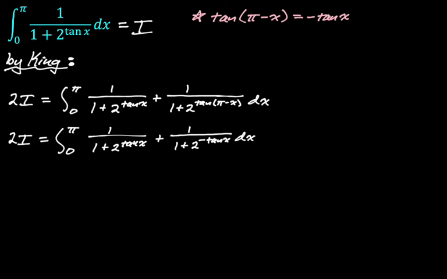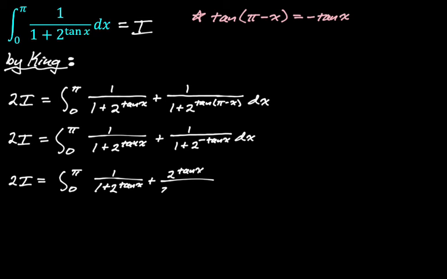So we get this. This problem is basically the same as one of the first couple that we did, where now we're just going to rewrite that second part of the integral, the second fraction there, using just positive exponents. So 2 to the negative tan x becomes 1 over 2 to the tan of x, common denominator, invert the fraction. So we're going to get 2I is the integral from 0 to pi of our original 1 over 1 plus 2 to the tan of x, and then this will become 2 to the tan of x